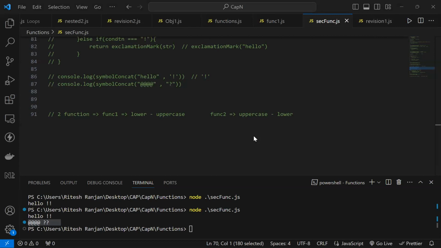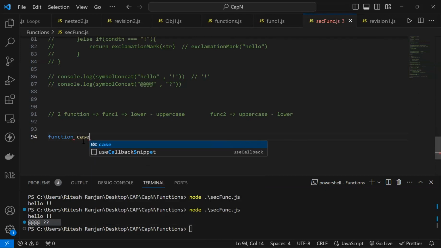We have to just return it with either toLowerCase or toUpperCase. Depending on whether you have to convert uppercase to lowercase, you will be doing toLowerCase, and if you have to convert lowercase to uppercase, you have to do toUpperCase. Remember toLowerCase and toUpperCase, guys, remember? Okay, so we'll be creating 2 small functions like that, and there will be, let's say, a master function. I'll be calling this function